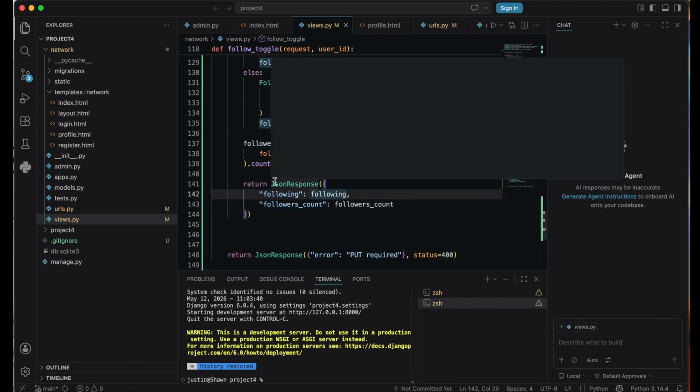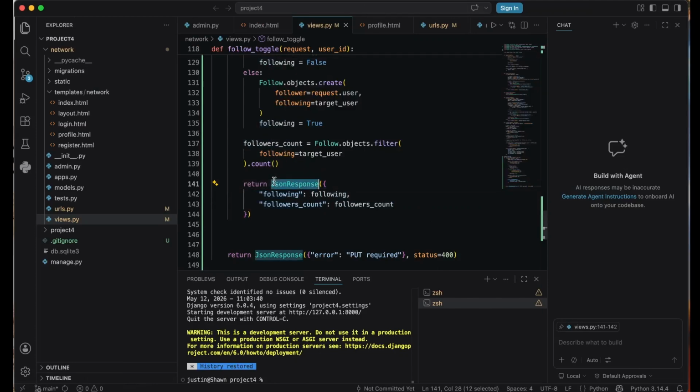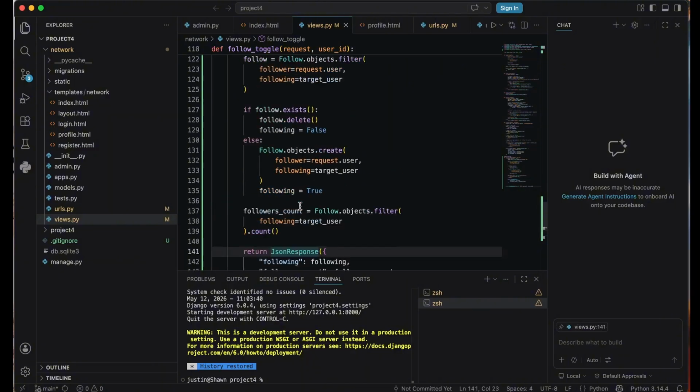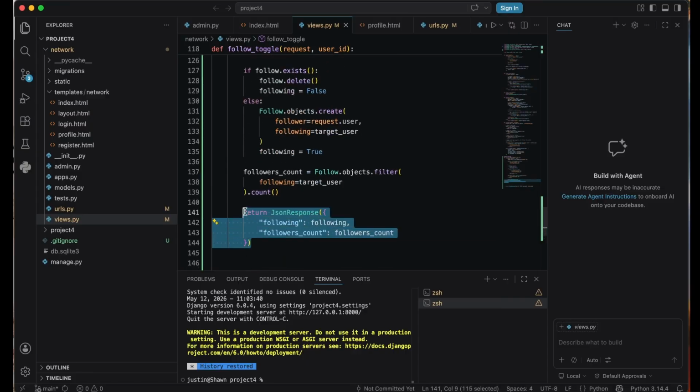As you can see here, we are using the JsonResponse helper function by Django, because this follow/unfollow feature is a no-refresh setup, meaning we're just using asynchronous JavaScript. The reason render is not used is that render renders a whole HTML page, while JsonResponse only gives us the data, the thing that is only needed when using asynchronous JavaScript.